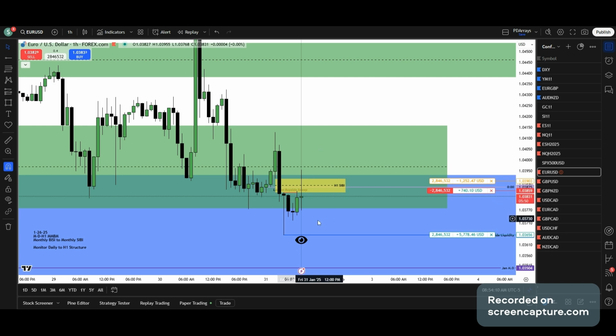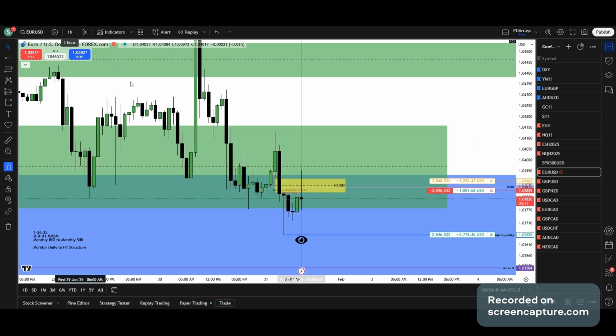Now, I could be wrong on this play. I'm not going to get ahead of myself and just assume that I'm right on this play, but what I'm doing is top down analysis, and based on my top down analysis and what price action is currently doing, it's likely for price to reach down into London sell side liquidity. Okay, even though my higher time frame narrative is bullish. Okay, now